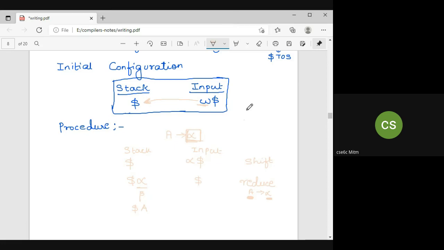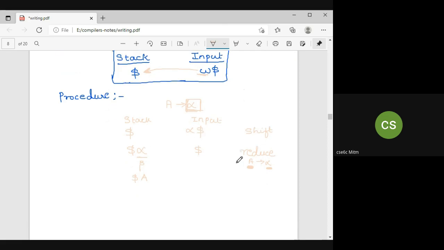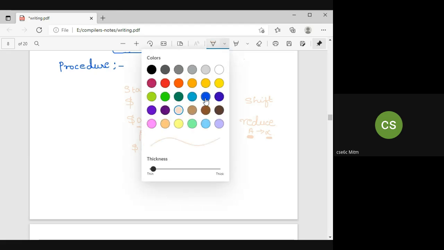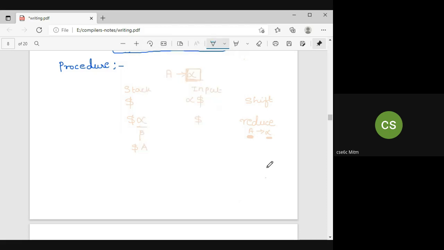So that is the entire procedure. If you know these two procedures, then you can go ahead with any given problem. Next line you write, this cycle repeats until it has detected an error, or